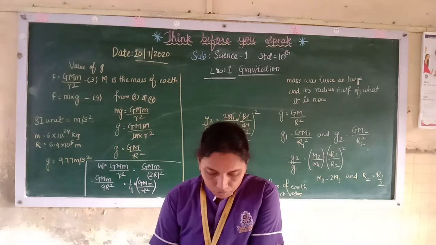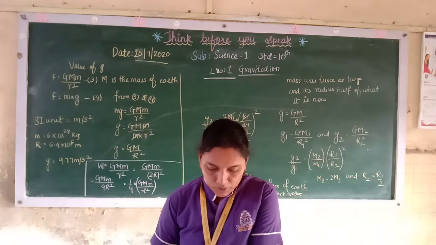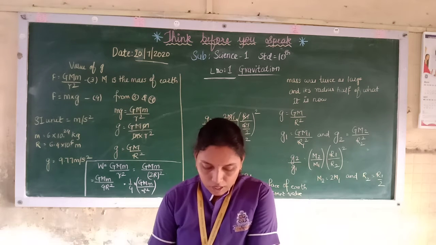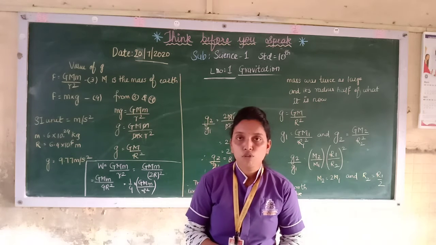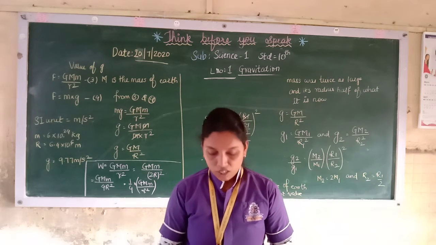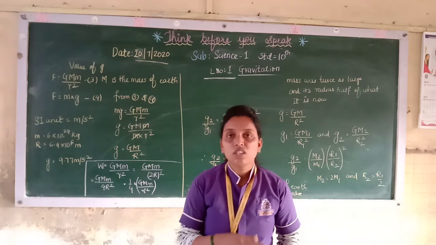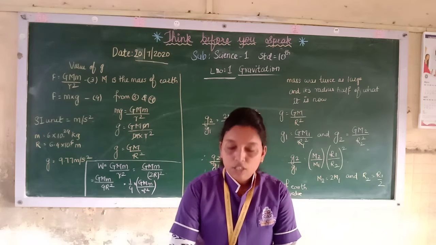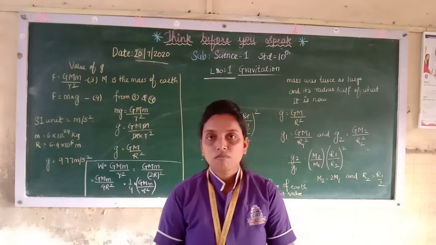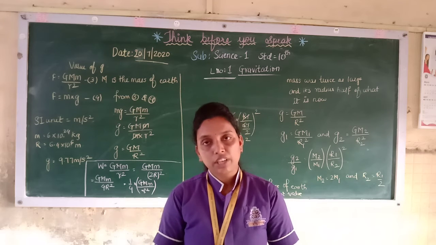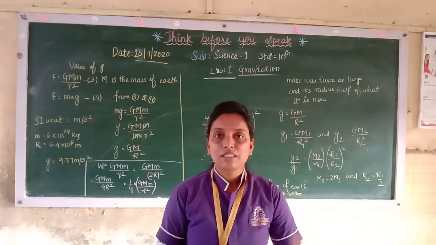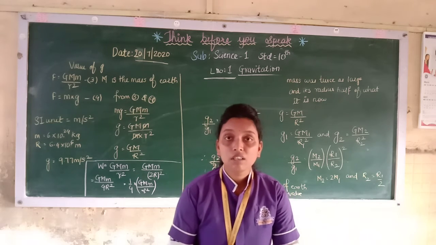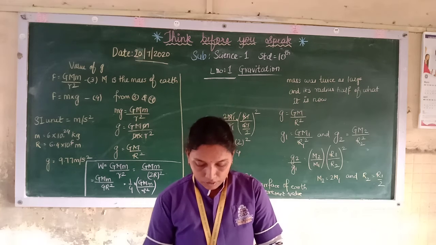Now here, the force F on an object of mass m on the surface of the earth will be written as an equation. See, weight is also a force only. So force is m into g, and g is GM upon R square, as we have seen earlier. So weight being a force, the SI unit is Newton only. Weight is a force only, so its unit will be the same as force. The SI unit will be Newton, and the CGS unit will be dyne.